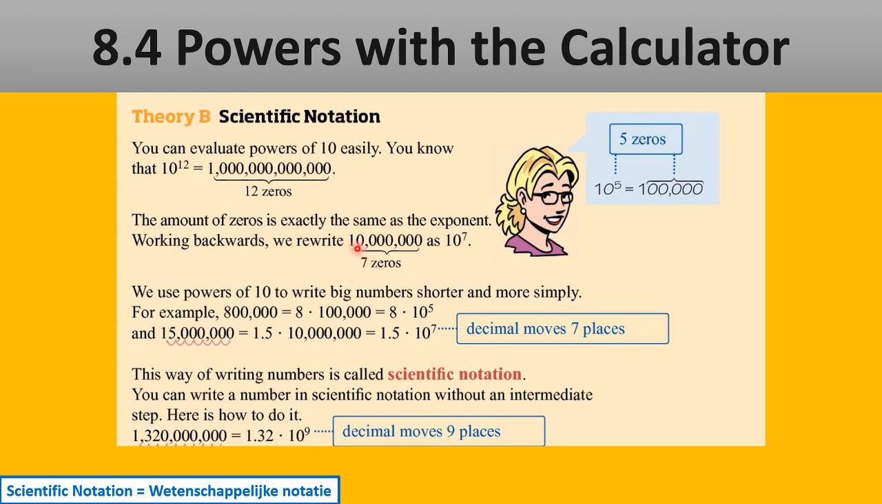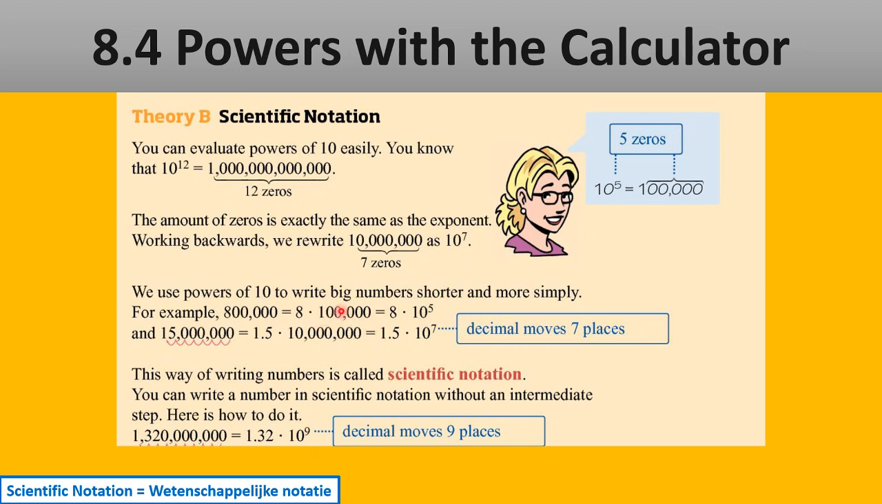Working backwards, if I have a 1 followed by 7 zeros, I can now rewrite that as 10 to the 7th power. So we use powers of 10 to write big numbers shorter and more simply. For example, 800,000 is the same as 8 times 100,000, right? So now I can say that's the same as 8 times 10 to the 5th power, because this number here is a 1 followed by 5 zeros. So 10 to the 5th power. Not 1 to the 5th power, right? Don't make that mistake. 10 to the 5th power means 10 times 10 times 10 times 10 times 10,